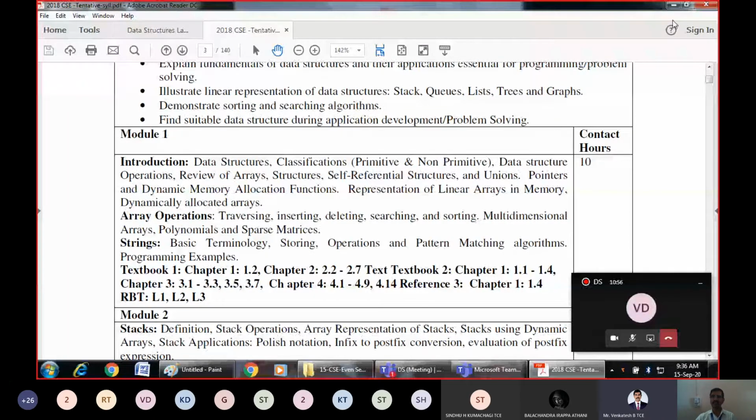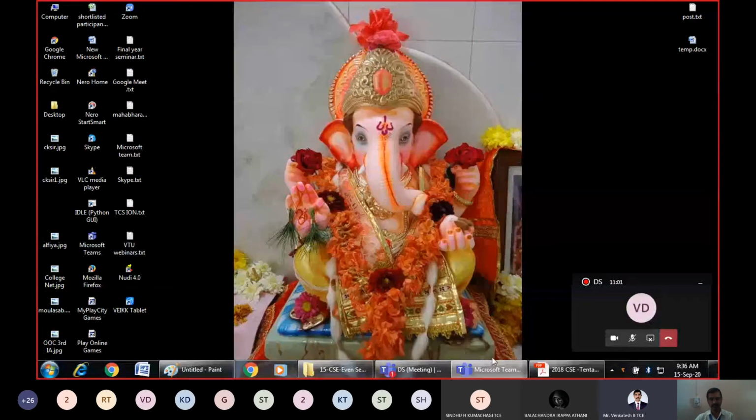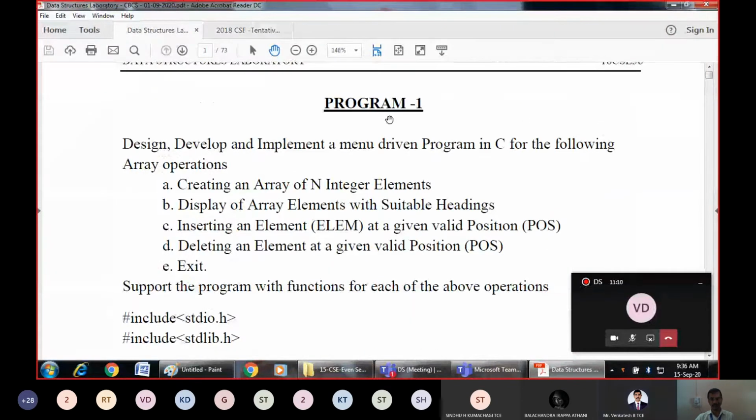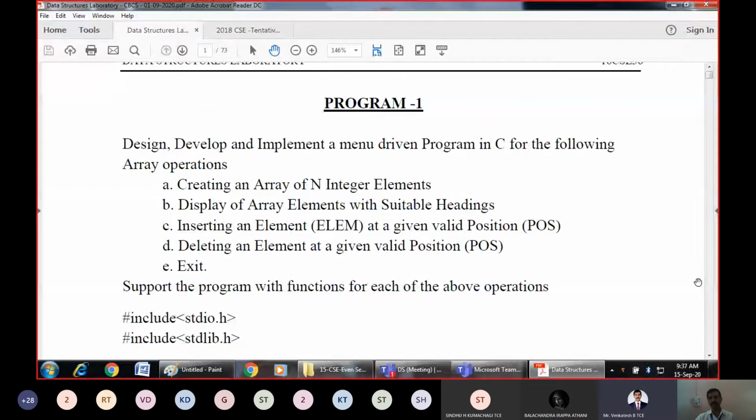Specifically, I will go for the coding part, because the algorithm was told to you in the previous class. That is nothing but the procedure. When we see your first lab program, as I said, some concepts will be covered parallelly in the class also, along with the lab program.